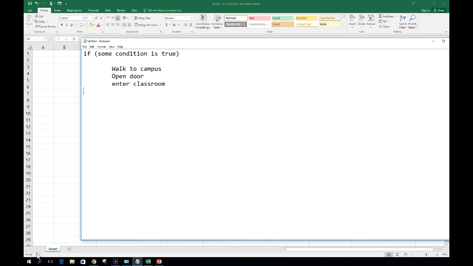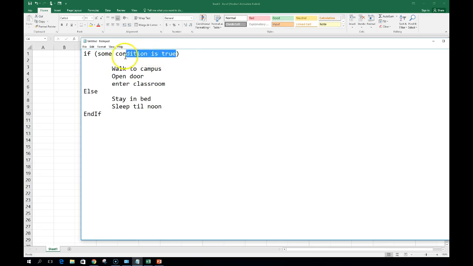So that condition that evaluates to true, and then we have an else. Stay in bed, sleep till noon. So we also tend to say end if. That way I know that that block of code has been completed. So when I enter this condition, so we're going to put in some condition here. And when that condition is true,